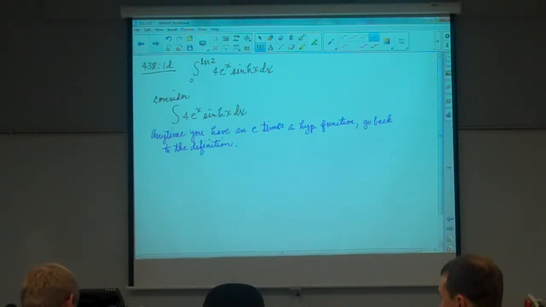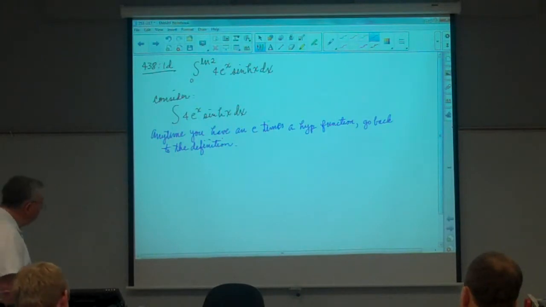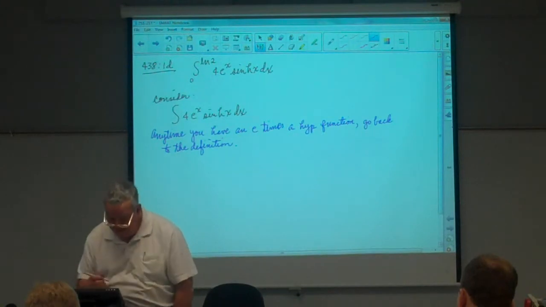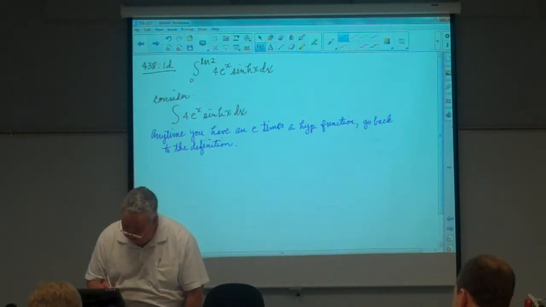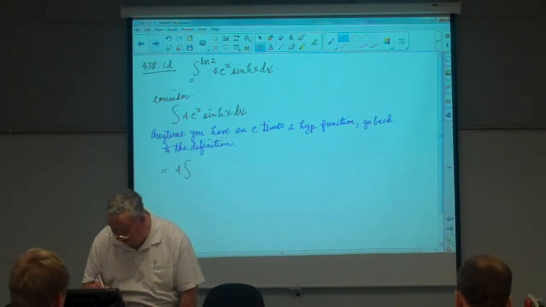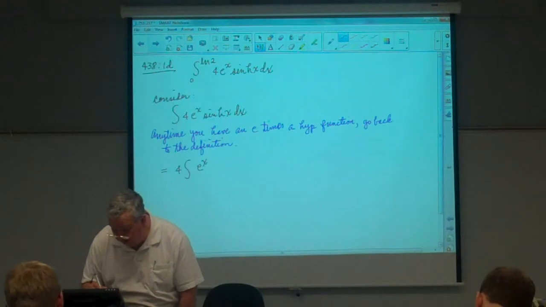So what I'm saying is, I've got that e out there, and if I go back to the e's from the definition, at least I'll have all e's. And then I might get lucky. Remember, I believe in getting lucky. That's one of the best methods to integrate, and it certainly is the best method for differential equations: get lucky. So I think this is 4 times the integral of e to the x times